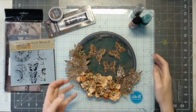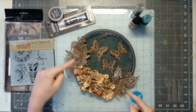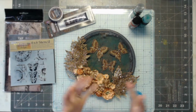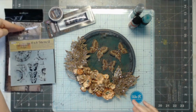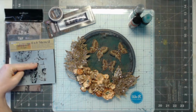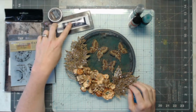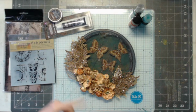Alright, everything is set and dry. I shook off my excess glitter, and my project is now complete. I was able to use the papers and the stenciling and the paints for that background piece. I used the matte wax along the edge here, some